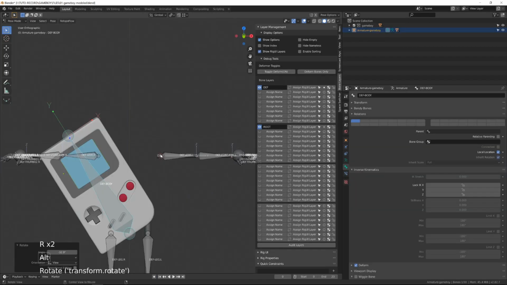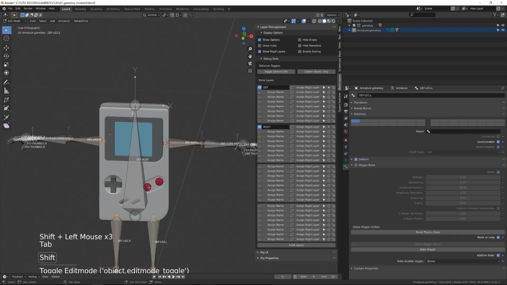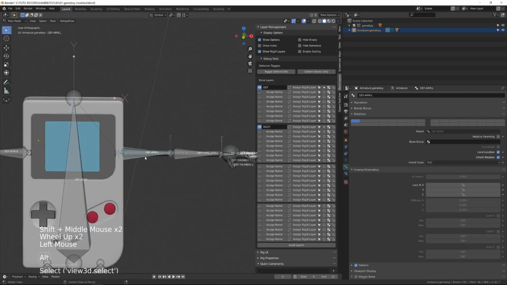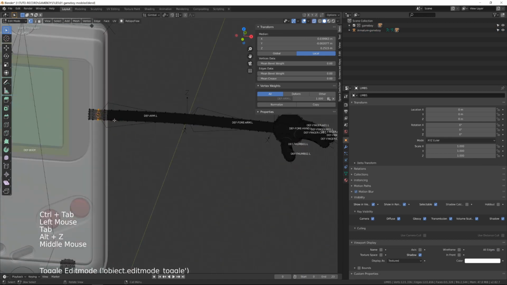Now when I rotate the torso, only the body is moving, and I want to attach the extremity of the limbs to the torso. So first of all, we need to parent the limbs to the torso. I will go into edit mode, select the arm, the thigh, etc. and then select the body and press Ctrl P, keep offset. Now when I go back into pose mode and I rotate the body, the limbs will follow. As you remember, a child will follow the transformation of its parent, so the limbs are following the body.